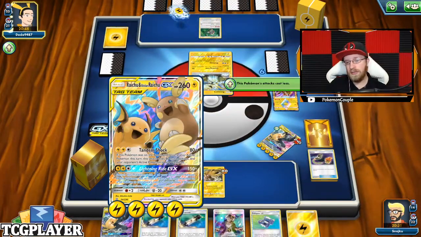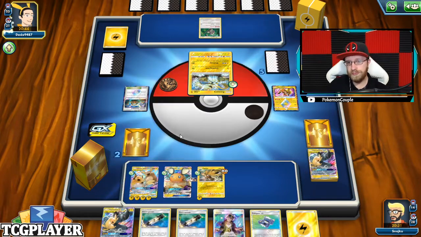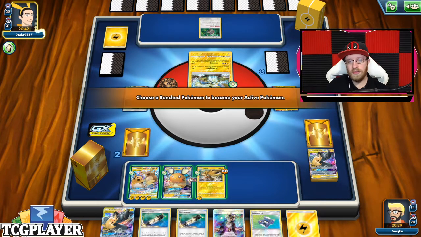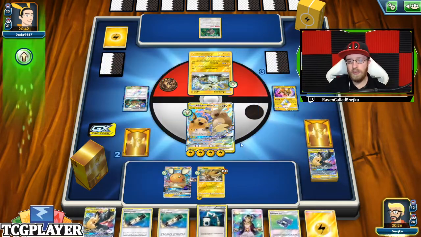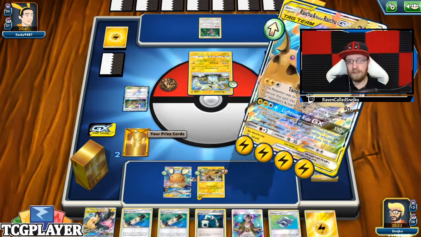But this also means that I do have a knockout with Raichu and Raichu. And we're getting, you know, just closer and closer to the game. I don't think there's anything he can do at this very point in time. Tandem Shock, I don't need to use...